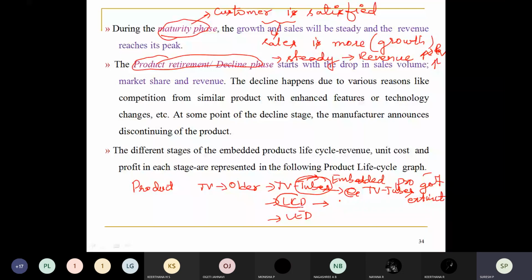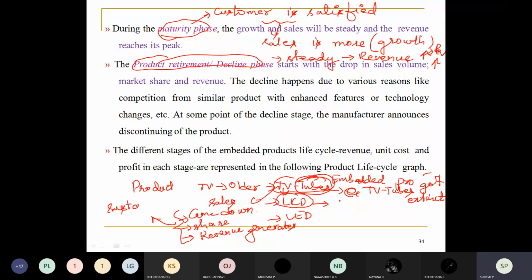When the sales came down, what will happen? Obviously the share value will come down. The revenue generated will also be coming down. So during this stage, I cannot sustain the other parameters. If I am not generating any profit, it means what? I cannot pay the salary for the employee, or I cannot pay for my